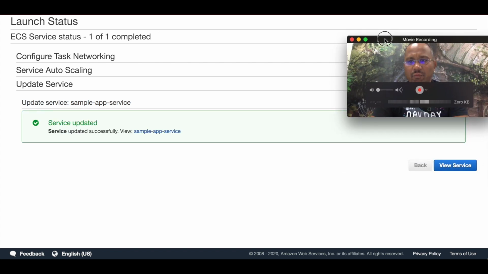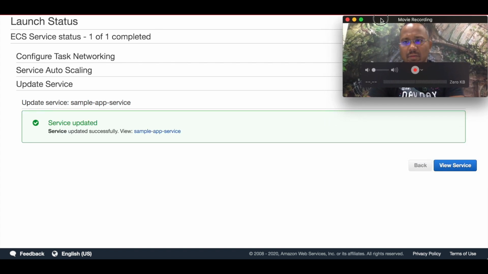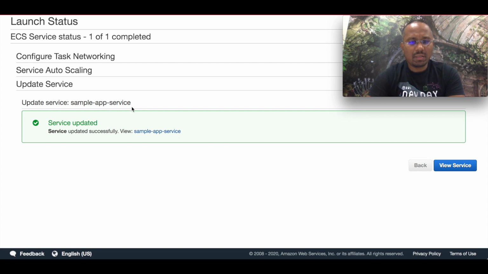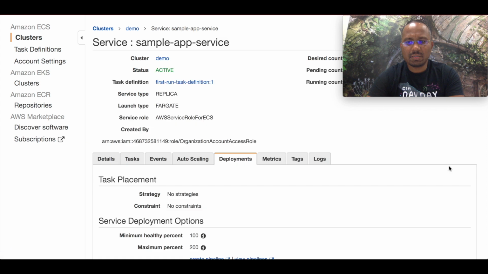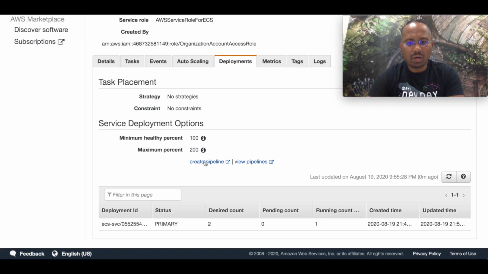Okay, and we see it's successfully updated. View the service. If we come in deployment, now here we see desired count is 2, 1 is running. And soon we see one task will be in the pending state.